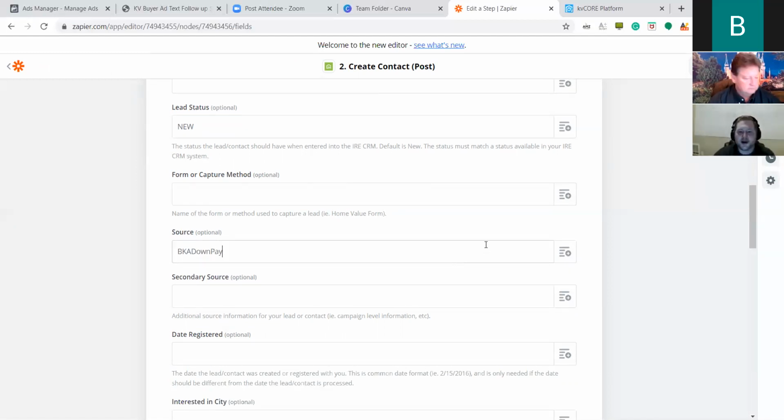So that way I know, and Kelly knows, when it hits the system, this came from Be Known Advertising, which is Brian's company, and it's a down payment assistance ad. Now you can set up these different lead sources for any source that's coming in. So if you're connected to Zillow, Realtor.com, LinkedIn, anything along those lines, make sure that you're adding an appropriate lead source so that you know where that lead came from,